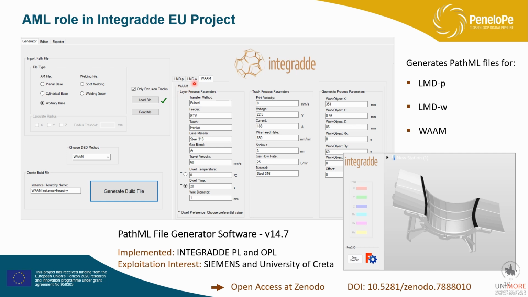And as you can see, the interface of the file contains many specific attributes about the process itself, going from the layer parameters to the process parameters, welding characteristics, and so on. And this software is also freely available at Zenodo and can be downloaded and exploited to develop your own application. And it's a very nice and good representation of the usage of AutomationML as a way of exchanging this heterogeneous